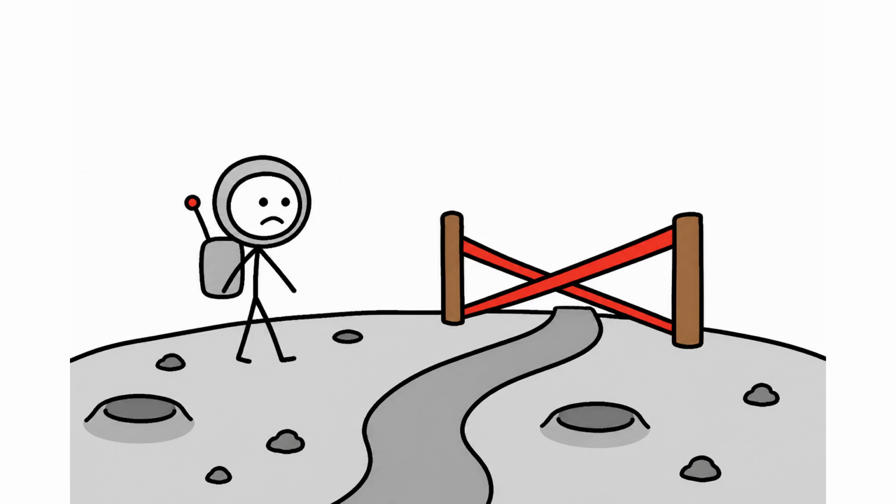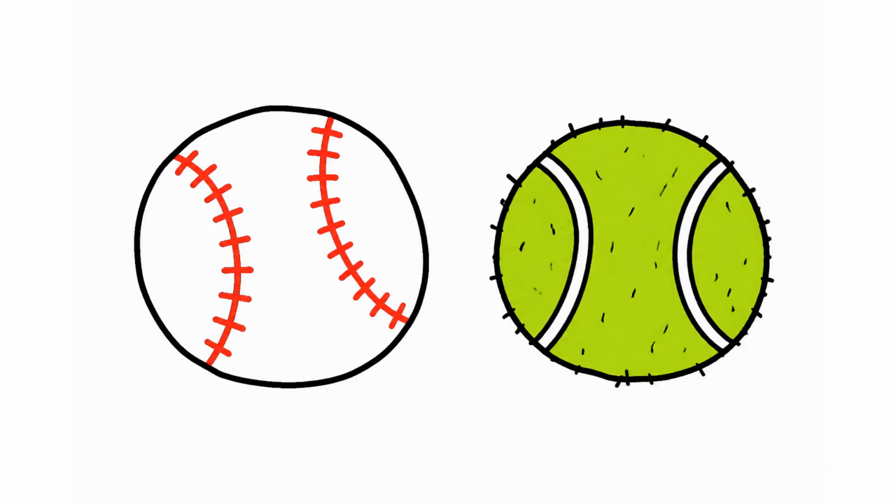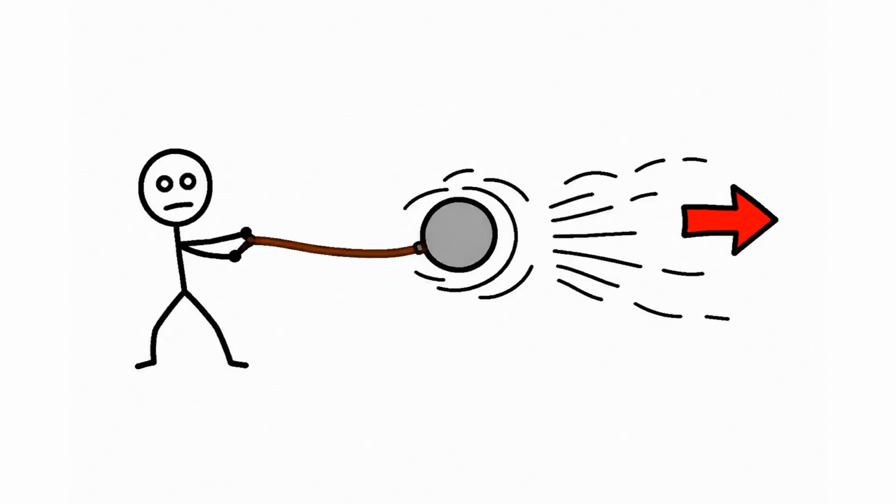Those seams are not decoration, and here is the deepest way to see it. The ball is not clawing its way sideways. As the ball flings that air off to one side, the air flings the ball the other way, because every push in this universe comes with an equal push straight back. The ball throws the air one way. The air throws the ball the other.